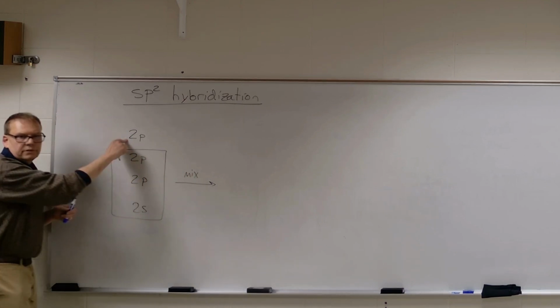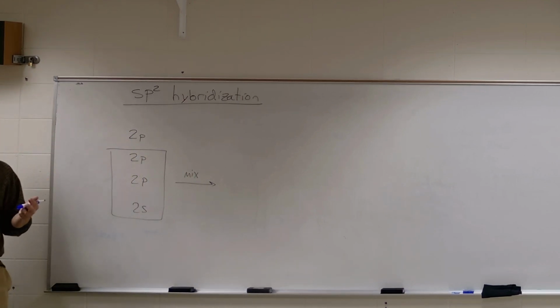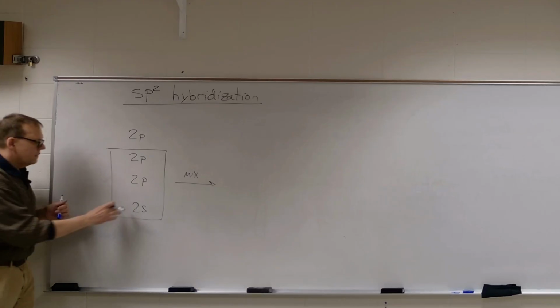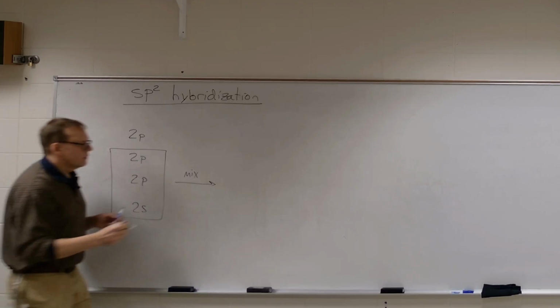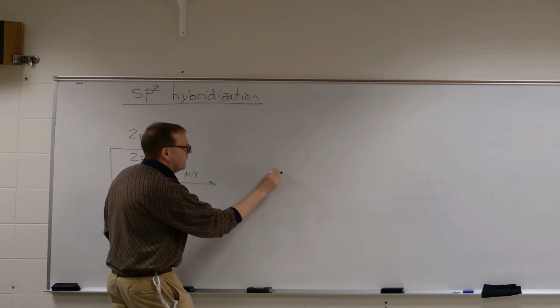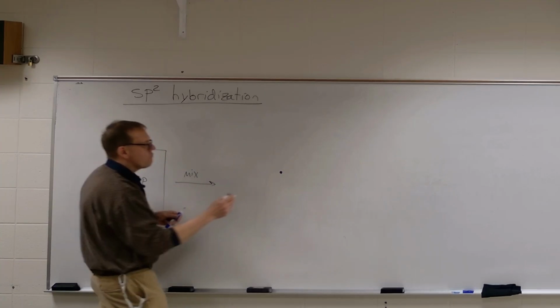We're going to leave one out. So atoms will sometimes do this. They'll take the 2s and 2 of the p orbitals, mix them together, and get a new shape that looks like this. There'll be a nucleus in the middle,